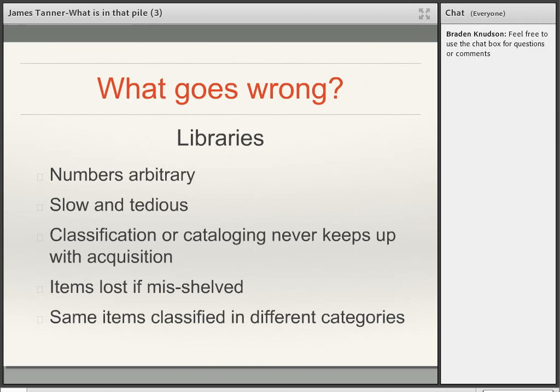And then, I've mentioned this already, that some of the same items are classified in different categories. So depending on the person who looked at the item and how they viewed it, the same document could have been categorized in two different locations. There's also not a very high or significant level problem, but there is a problem of always trying to avoid